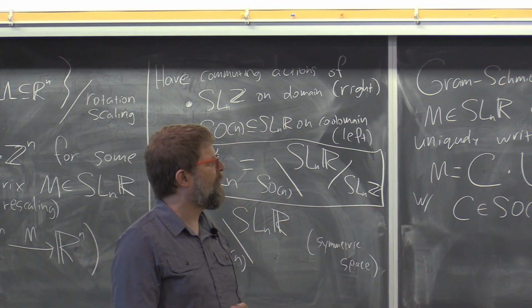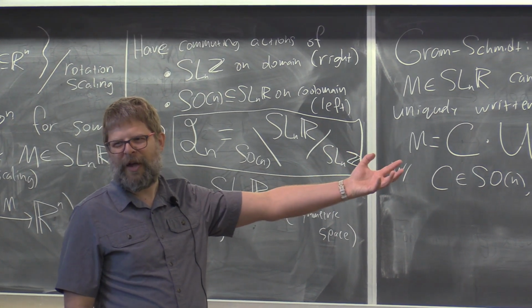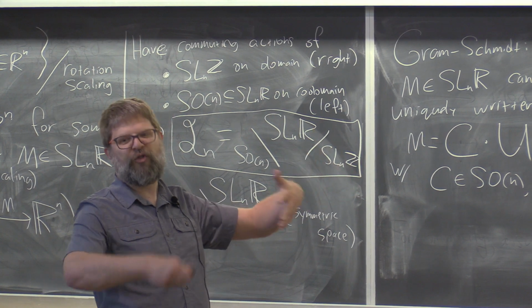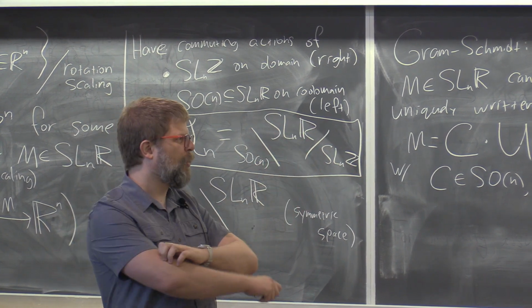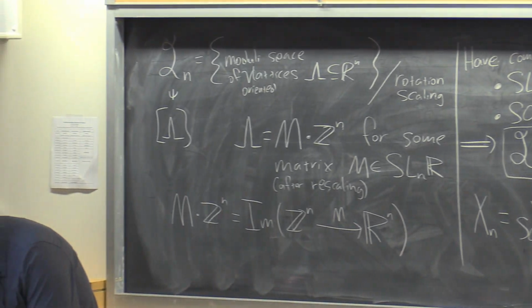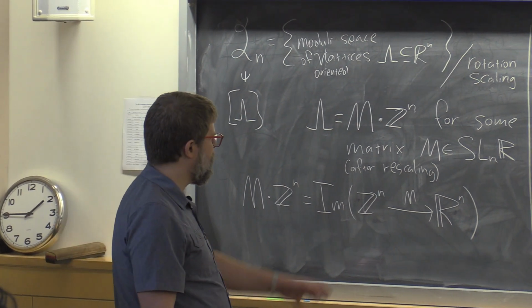Okay. You can write down things, and this is the form in which most people that are doing computations in the symmetric space think about it. There are various triangulations of it and things like that that people work with. Okay, so what I want to talk about now is the cohomology of SL_n(Z) via